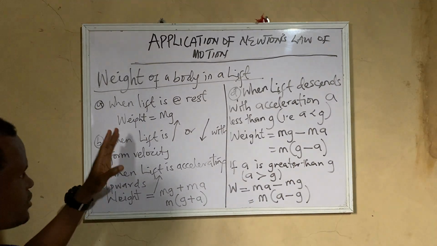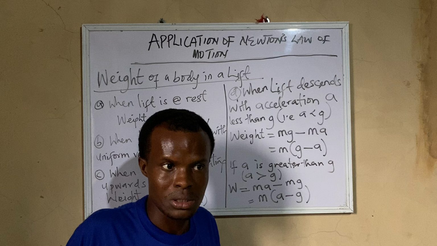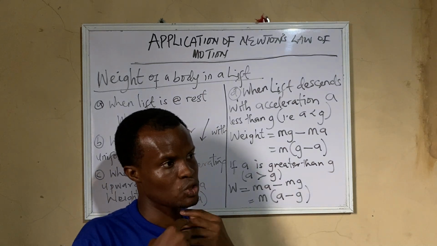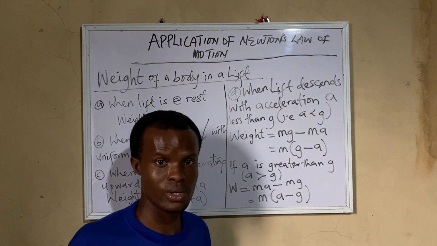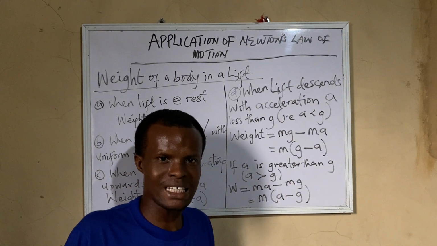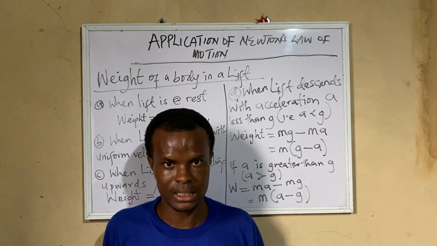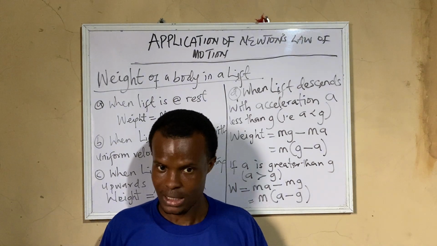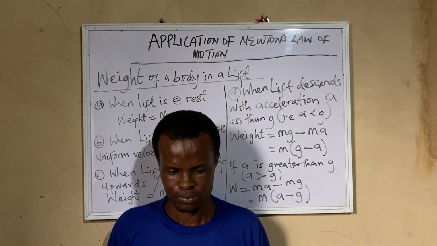So when the lift is at rest, your weight is equal to your mass times g, that is the weight of your own body. Maybe you are 20 kg, 50 kilograms, 70 kilograms, 100 kilograms. So the weight of your body inside the lift, when the lift is not working, you are standing there, it might be powered on, but it's not working. So your weight